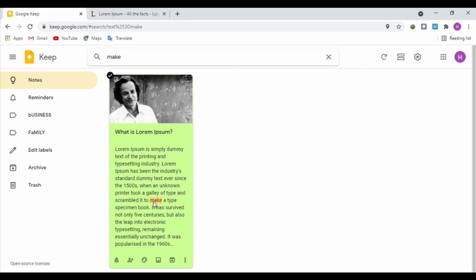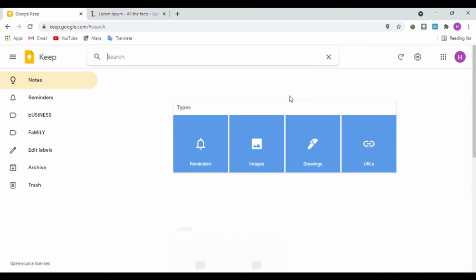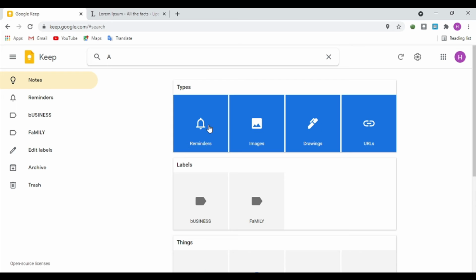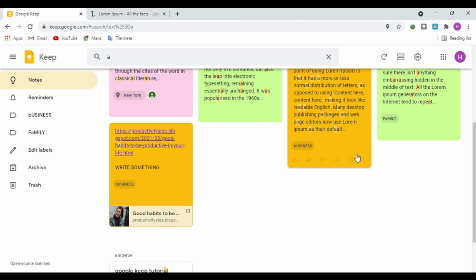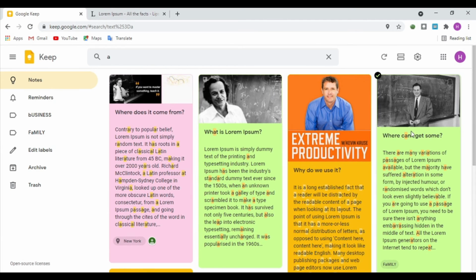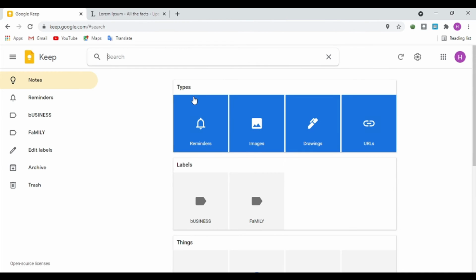This is what this one is used for, and if you want to see which notes are using a button, then you can see all of the notes are using a sentence and a word in the notes. So you can use this as well. By clicking this button, you can